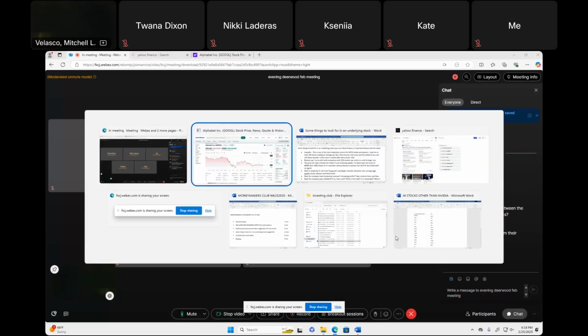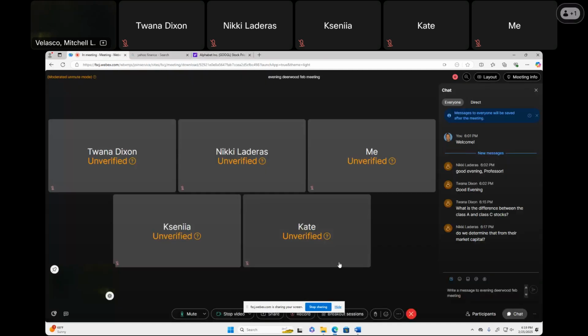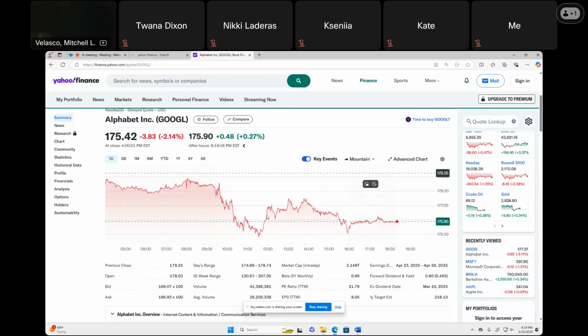Let's see. So market cap again. You're looking for at least 1 billion or more. Large cap ones. Now, Alphabet, of course, is one of the biggest companies in the world. They're in the trillions, so that's a big capital T right there. So a $2 trillion company. They're probably going to be in business for a while.